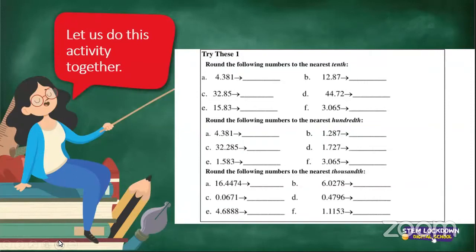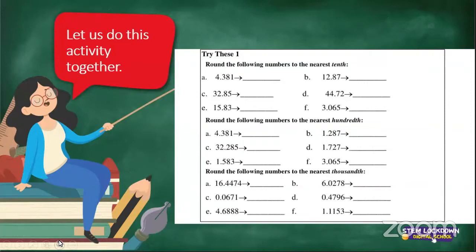All right, so the first one, we're rounding off to the nearest 100. It is 4.38. That's correct. It is 4.38. And B, it is